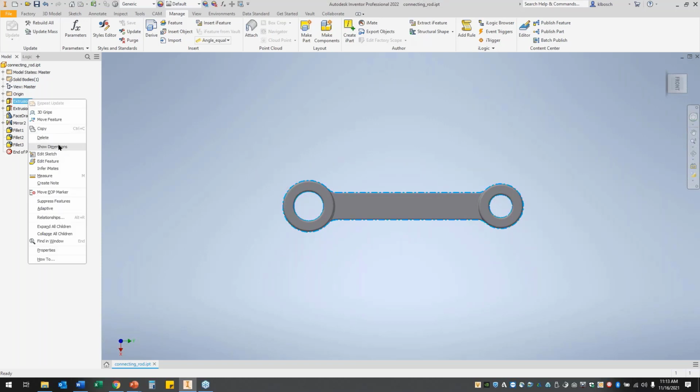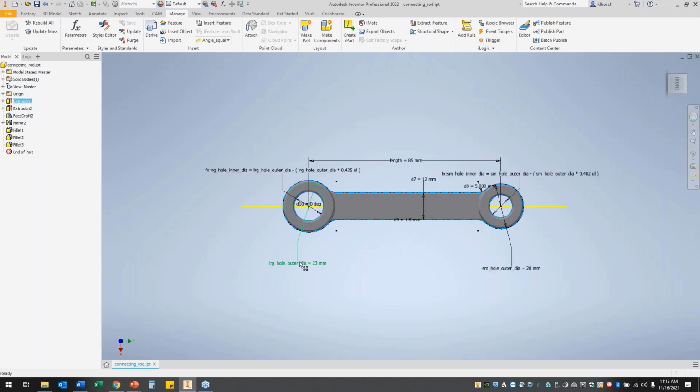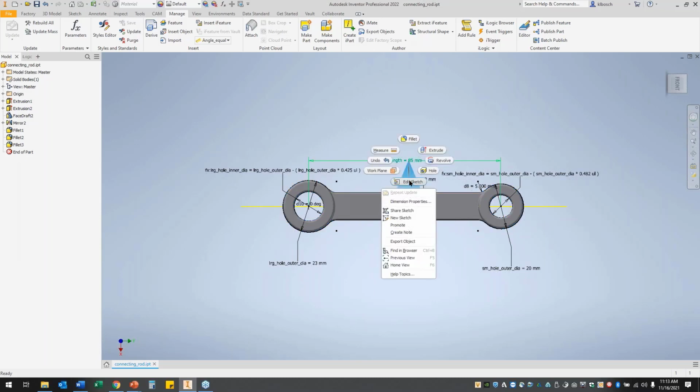Let's update that. And we'll look one more time at the dimensions. So sure enough, our outside is 23. Our outside smaller is 20. That length is 80. And if we switch that back, let's change that value, say 55 this time,